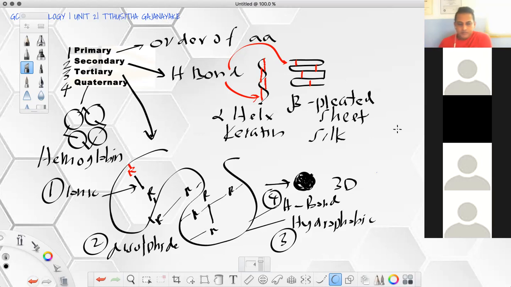Alright, if you understand well the levels of proteins, primary, secondary, tertiary, quaternary, we can move to the next topic, called denaturation. So we will see what denaturation is. But before that, I am telling you again, if chemicals can break these bonds between R groups, they lose the shape. If they lose the shape, it can't reform,